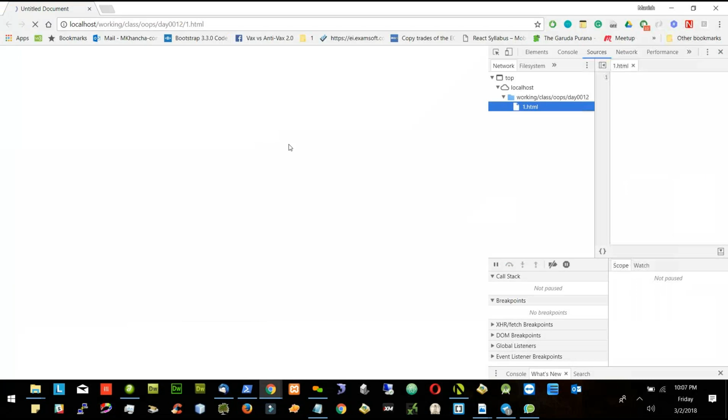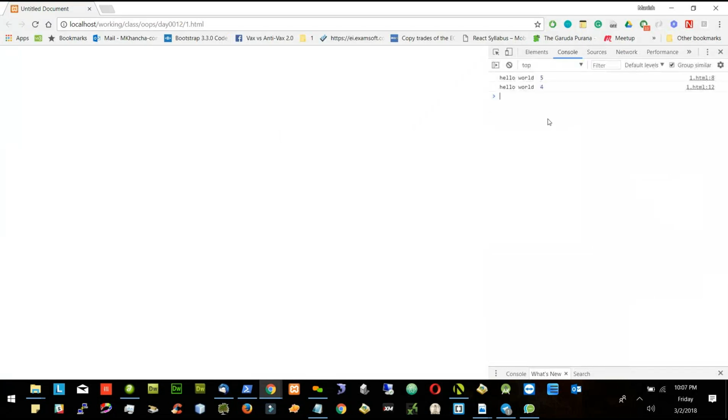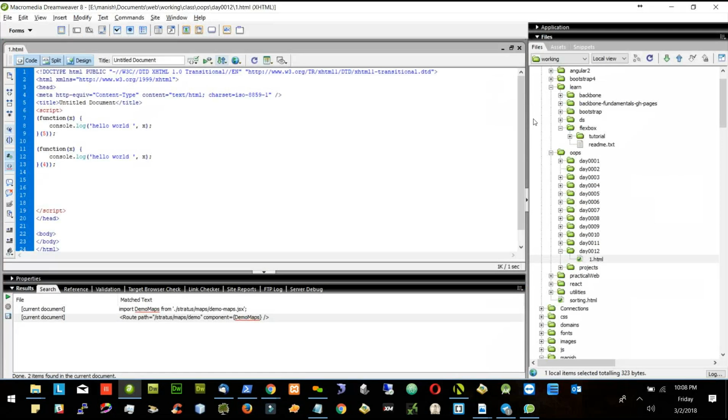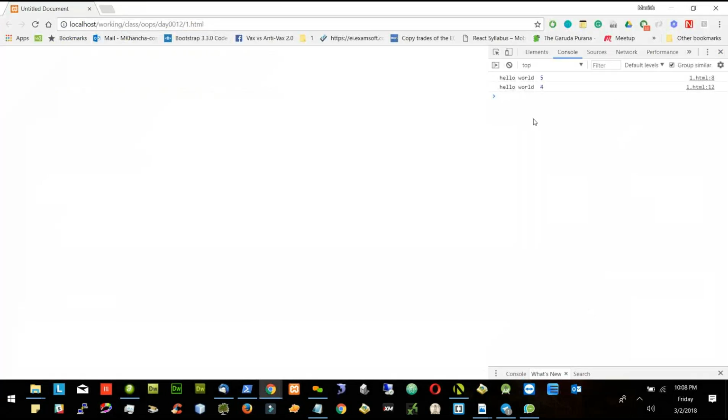Okay, let's refresh again. Okay, maybe I missed a semicolon, so it was considering the same thing. So now if you see, the first line is saying hello world 5, and the second line is saying hello world